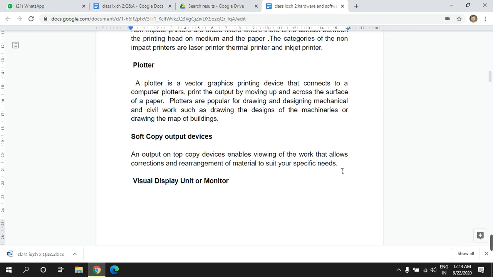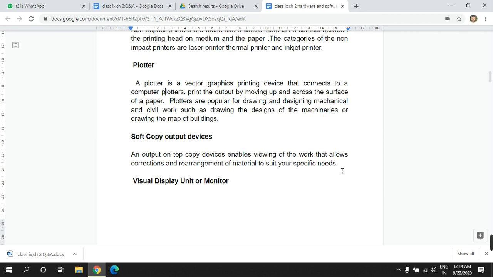The plotters can also plot different types of graphics they can print on the paper, the tasks that could not be done by the printers. But generally and specifically, the plotters are used for drawing high accuracy drawings.